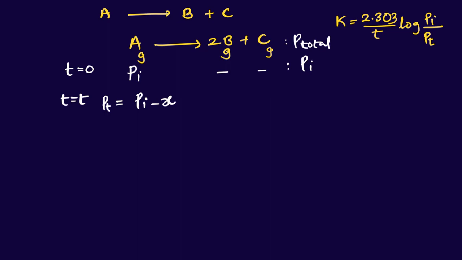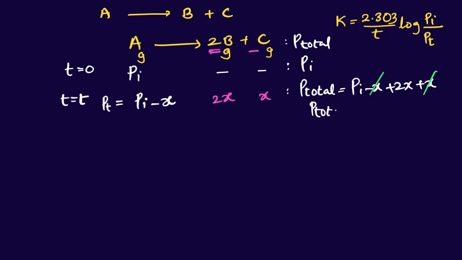Now these are B, stoichiometric coefficient how much here? 2. Therefore this is called 2x. Stoichiometric coefficient here 1, therefore it is called x. And here P total is Pi minus x plus 2x plus x. Then minus x plus x cancel, and then we get here P total is equal to Pi